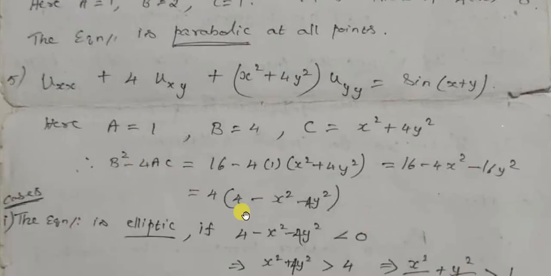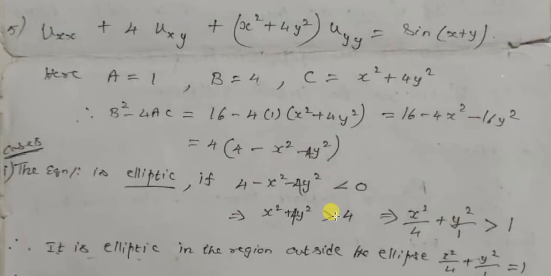Simplify, we got 4 into 4 minus x square minus 4y square. So according to the region, we will classify the curve as elliptic or hyperbolic or parabolic. For case 1, I am considering that the equation is elliptic. If this equation is supposed to be elliptic, the condition should be less than 0. So take this condition as less than 0 and rewrite this equation by bringing these two terms to the other